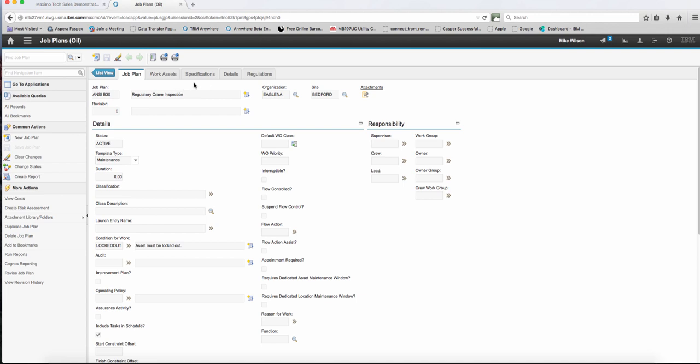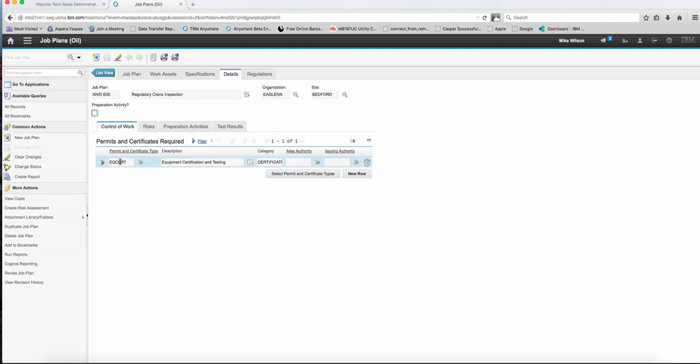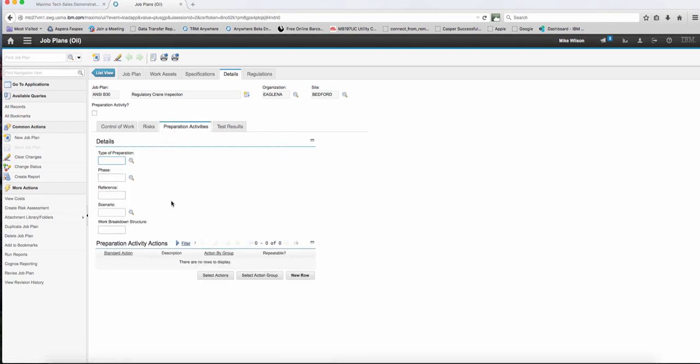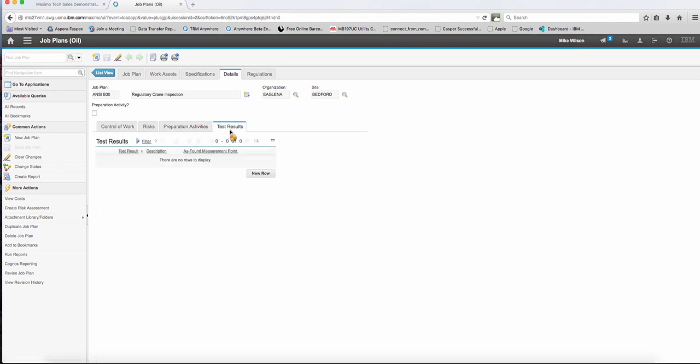And the thing that gets interesting here is, number one, in the details section, we've also defined that there is a permit, an equipment certification and testing permit, that needs to be pulled in order to work on this. A predefined risk assessment has been created so that we know the risks associated with doing these crane inspections. We could go into detail and actually look at what the risk assessment told us. If there are any preparation activities that we need to do before we start the work,